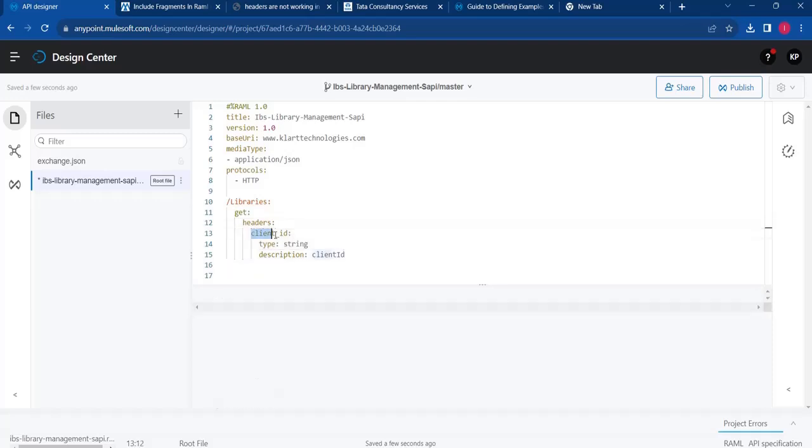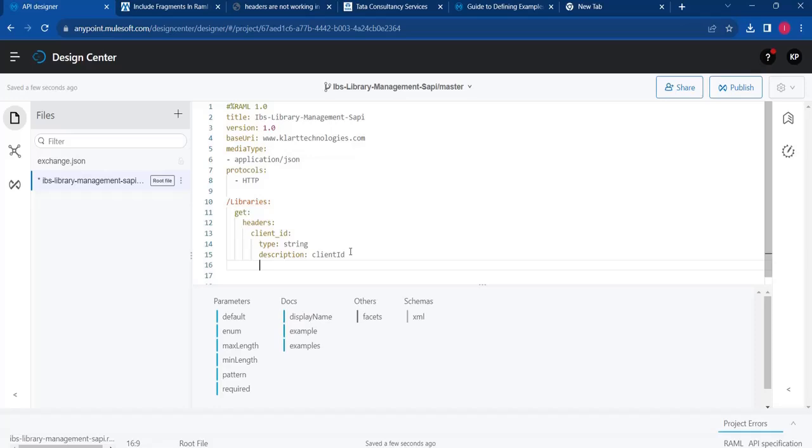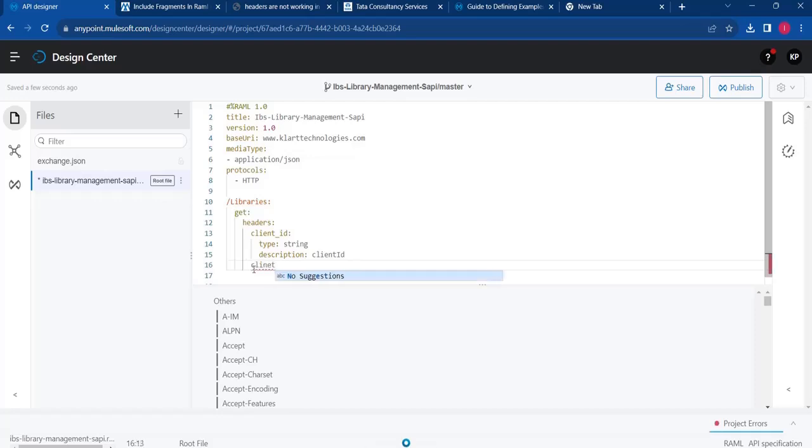So as you know, this is the header. So one more header name also should be in the same line. So now you need to adjust your cursor. So just click on one backspace. See, now this line is there. Here the cursor is there. Now you can give another header name,